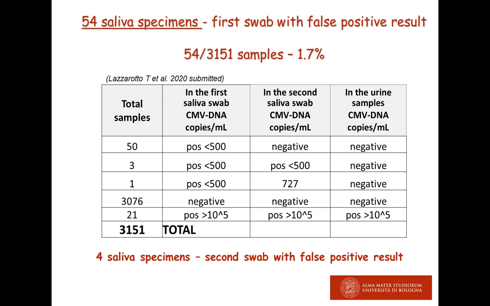negative results. So in this case, in our experience, out of 54 samples with false positive results in the first swab, we obtained 4 saliva specimens and 4 second saliva swabs with false positive results. And in this group, we enrolled